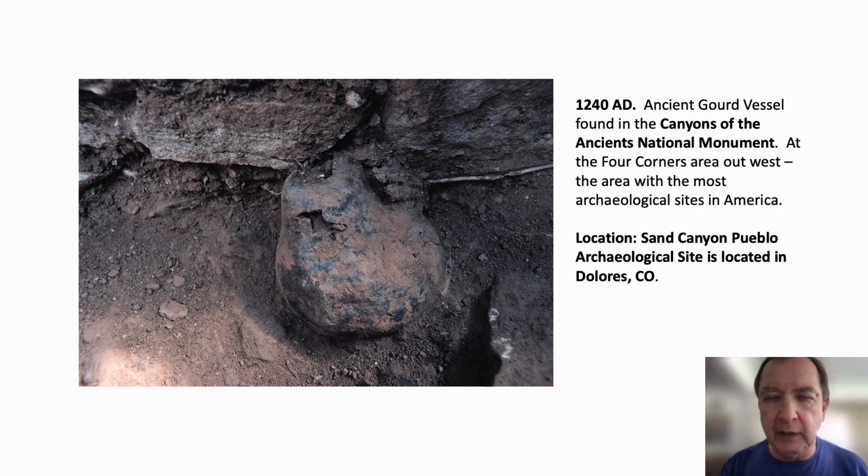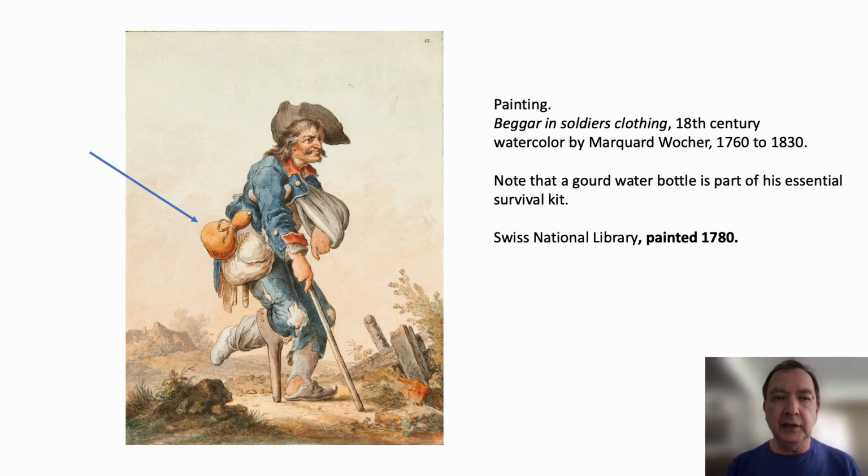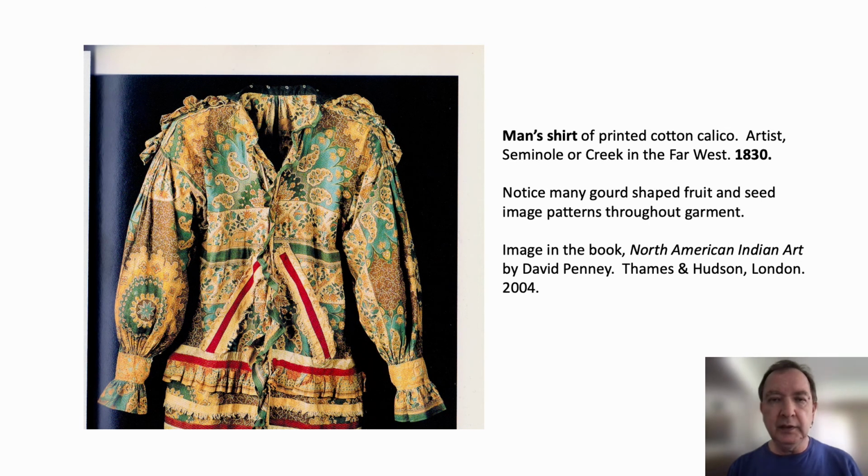This one is the other area in North America, which is the Four Corners, where the four states meet. And this is, again, a whole gourd vessel found going back to 1200 AD. And there's other indications of gourds and the use of gourds through the centuries via things like this, a painting showing a beggar with the bottle on his belt, or in Indian garb. This particular shirt shows patterns of the seeds and the fruit on it,